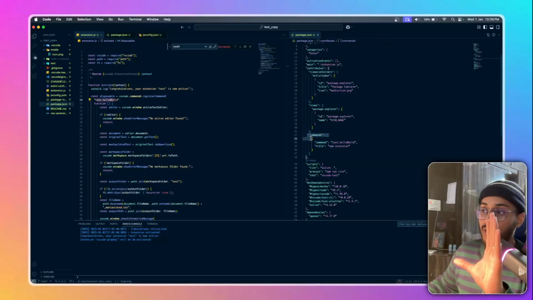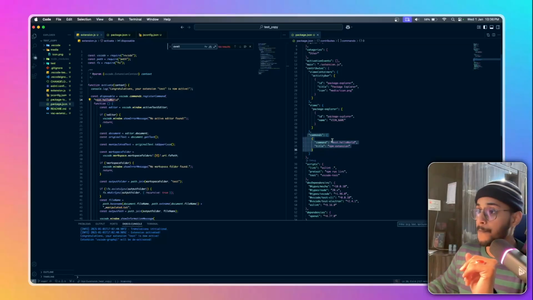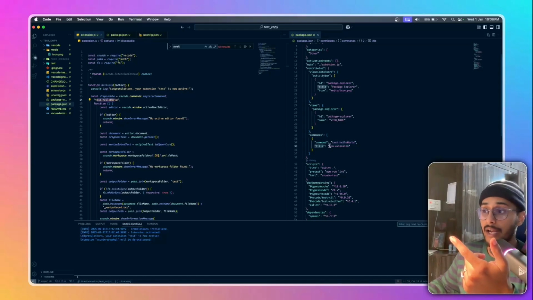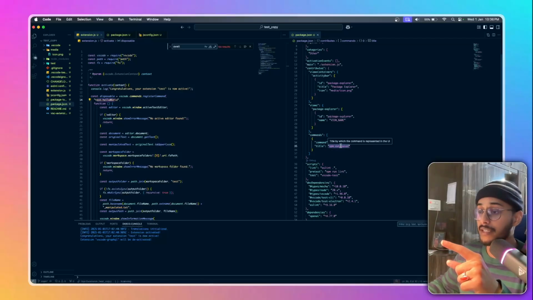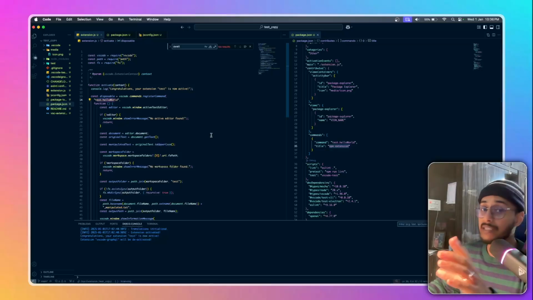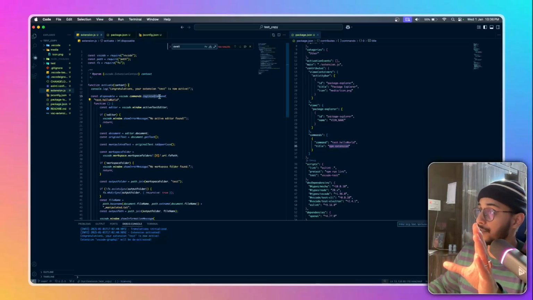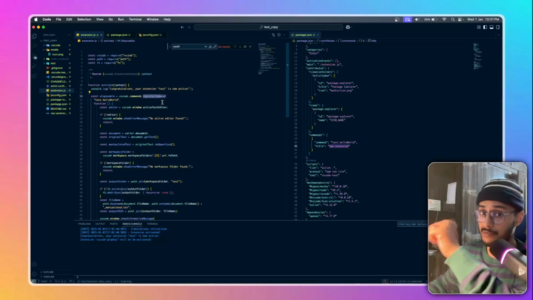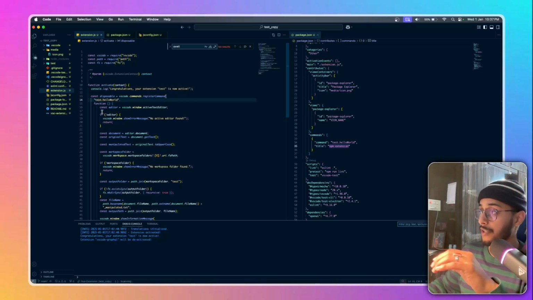Whatever command you put in, that will be used to run your extension. That's it. So the command was test.hello-world, and how are we going to run it? By the title, and the title was npm extension, and this will be present in the command palette. Who told it to be present in the command palette? This register command. I've explained all of these in my previous video, and today we are only